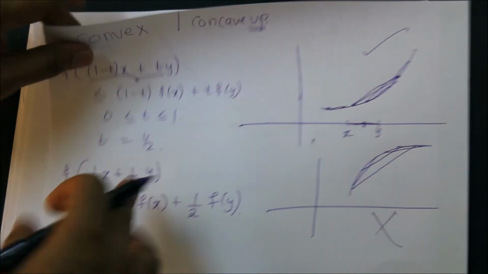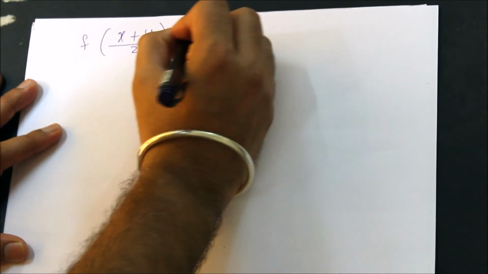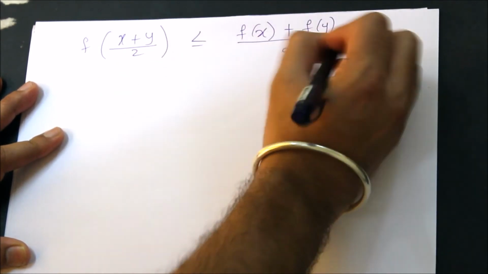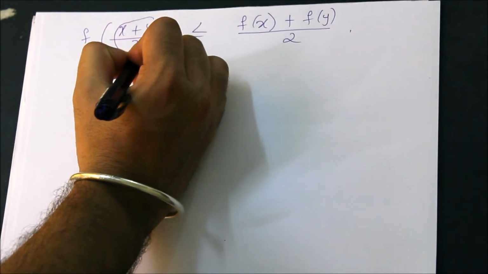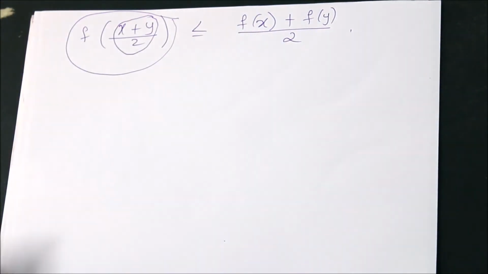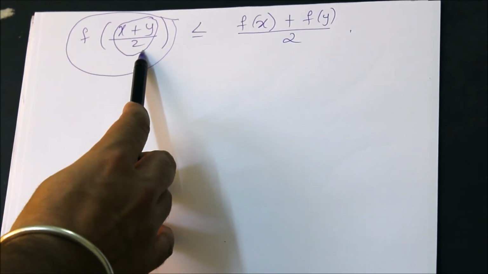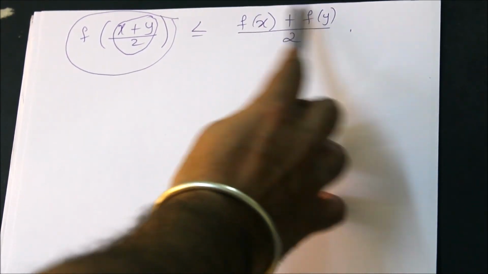So if I rewrite this, I get f of (x plus y) by 2 less than or equal to (f of x plus f of y) by 2. Here is my answer. So let's try to interpret this. What this is saying is, if x is my salary and y is my spouse's salary, and I take the average of our salary, and then I pay the income tax, because when I apply f, it represents the income tax. So this is the income tax of whom? Of our average salary, and this is the average of what? The individual income tax we pay.